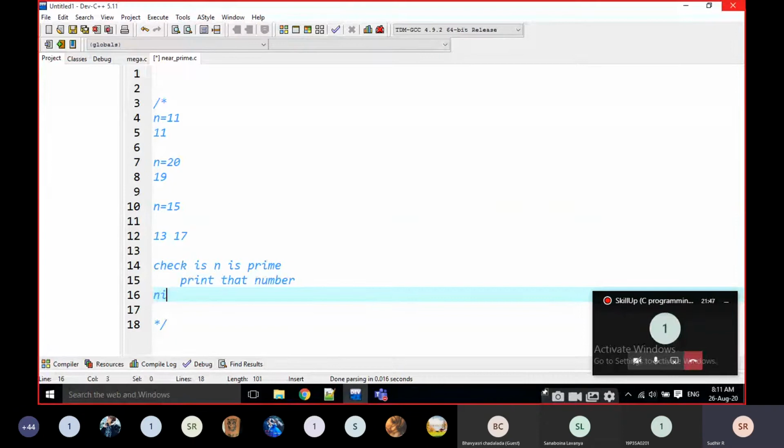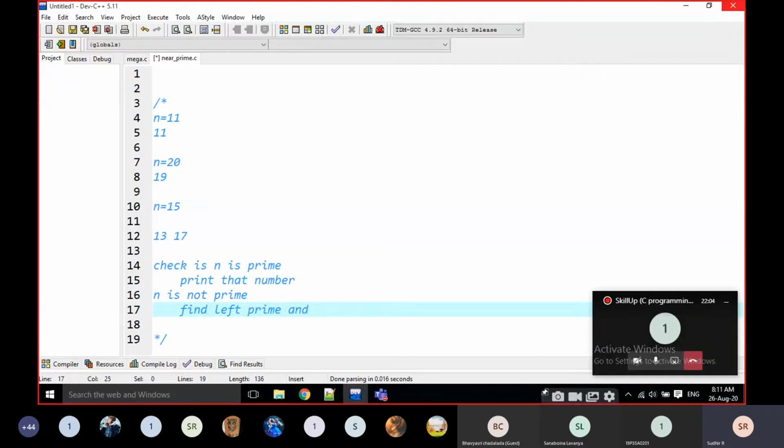Else, if n is not prime, we have to write the logic. If n is not prime, we have to find the left prime and right prime. This is not the only algorithm to find the nearest prime; we can write it in a number of ways.